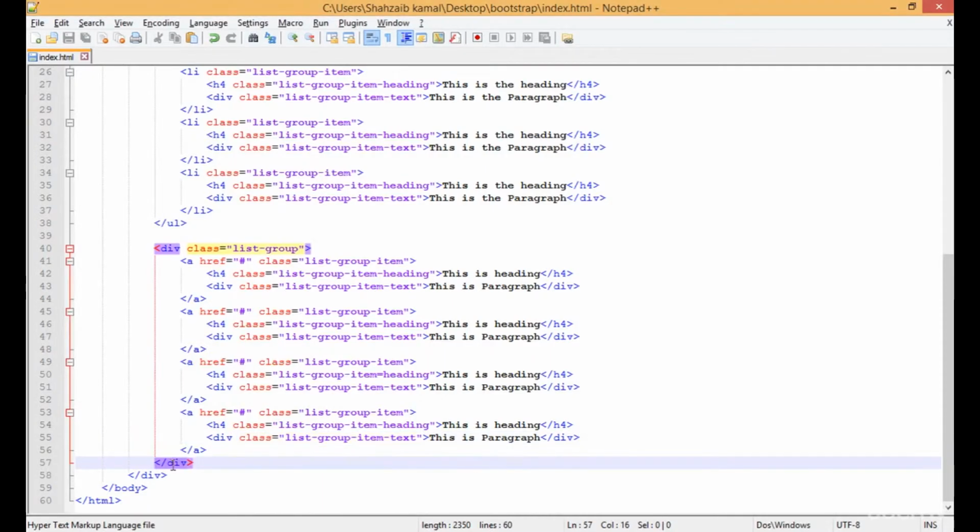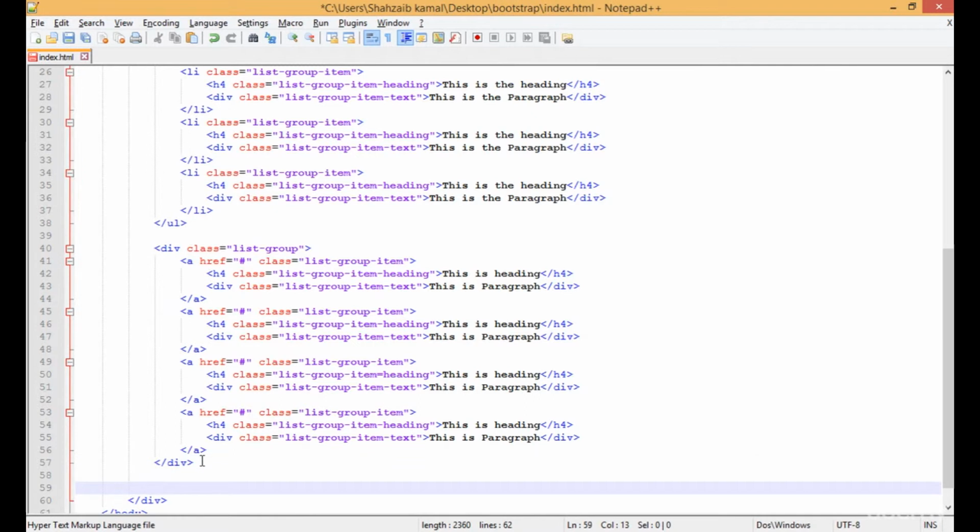Hello and welcome back. So you've learned about the list groups a lot of times, but right now I just want to combine the panel and the list groups with each other. Actually, I just want to make the collapsible list groups. So pressing enter and creating the div here,